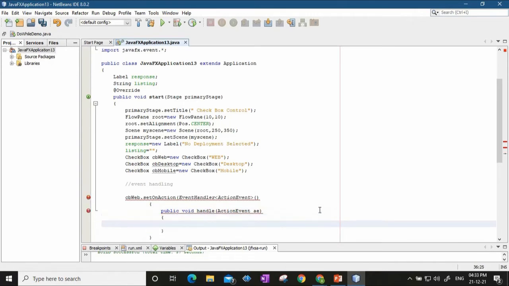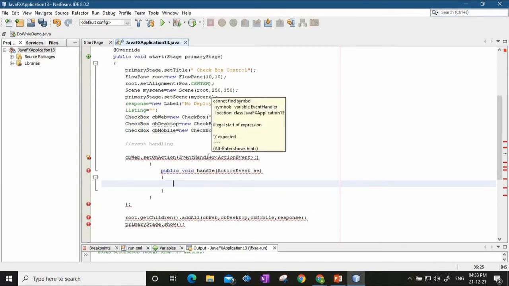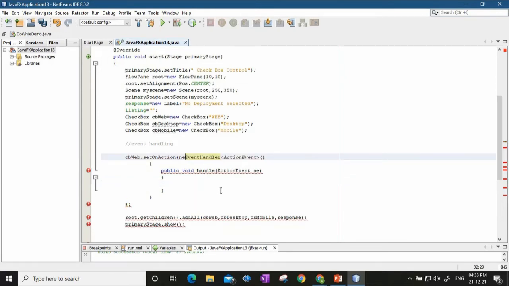And the code is going to be written here, and here it should be new event handler. I forgot to write new.